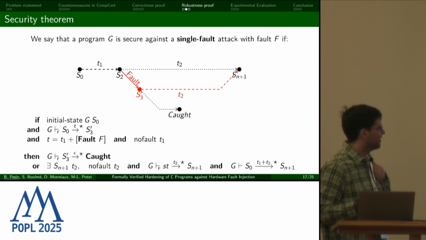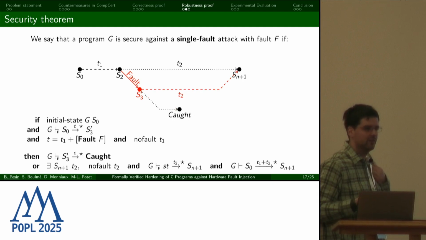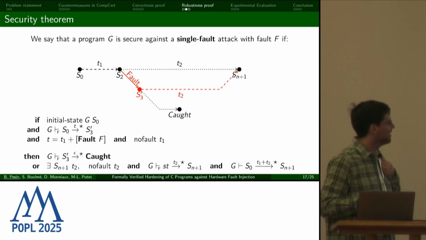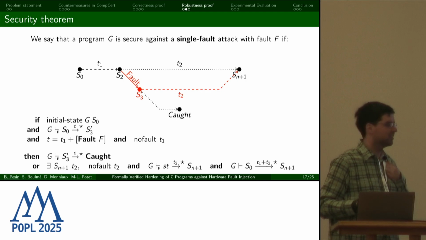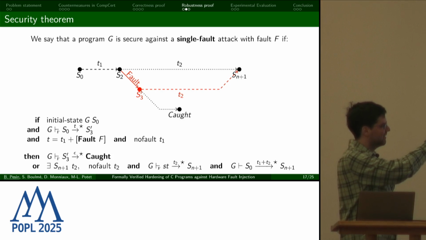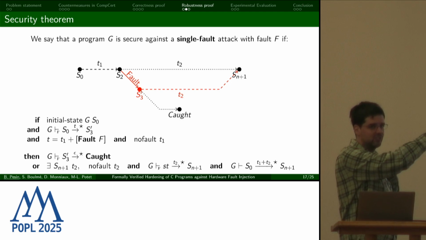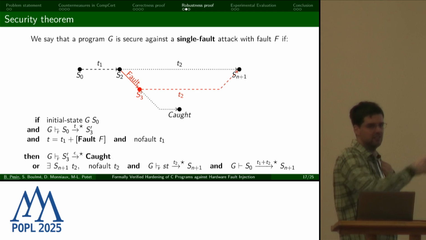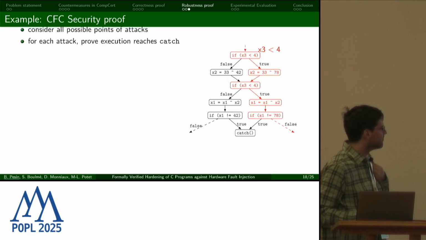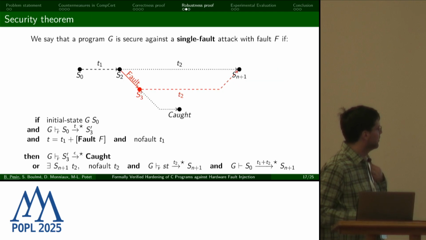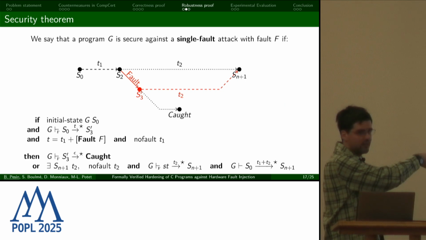There's actually a second case that's a bit more marginal, at least in the example that we showed. You could imagine some fault attacks that don't actually have any real effect. And so you can characterize that by saying, actually, we will return to one of the normal states from the source execution while doing exactly the same trace. And if we're in this case, it's okay. We can also accept this. Okay, and so here is the theorem that we want to prove.